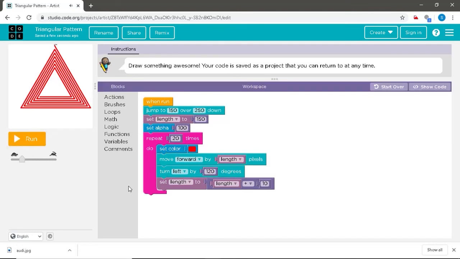Now, this means that the length is a variable and keeps varying every time a new triangle is created.